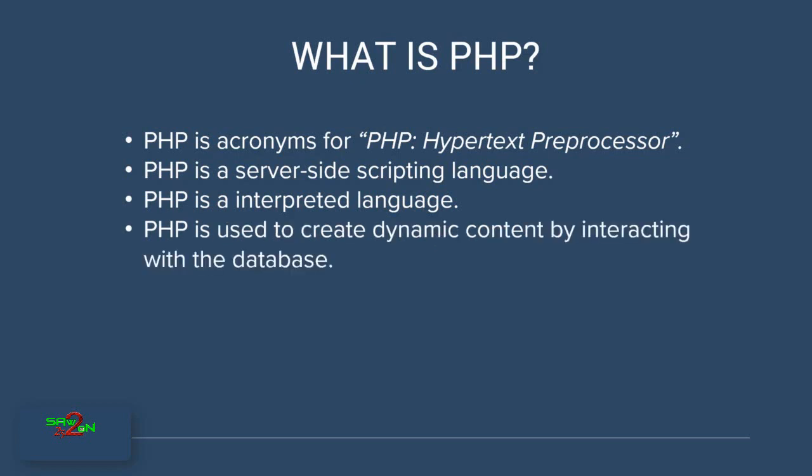Next, PHP is basically used to create dynamic content. Dynamic content means content on the fly, and on the fly in the sense that whenever it's required, data has been fetched from somewhere. That could be a database or a file, and then sent back to the client side. So that's basically where the power of PHP comes in, which it can do at the server side. Instead of just showing static data like an image, it could also pull data from a database and generate the data on the fly and give it to the client side.